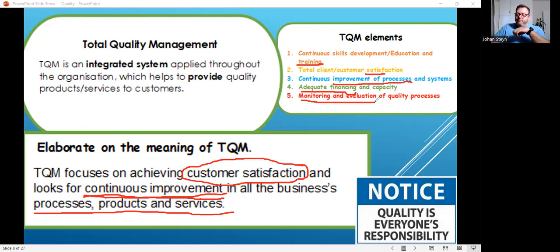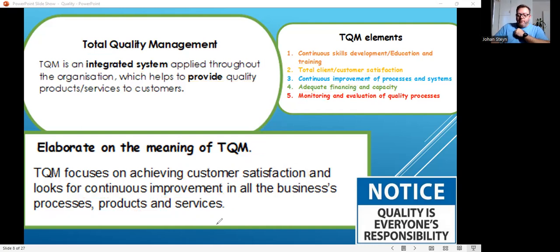TQM is all about how do I get this integrated system to provide the quality products and services that my customers want. So if we carry on and we move on, we'll say, right, so